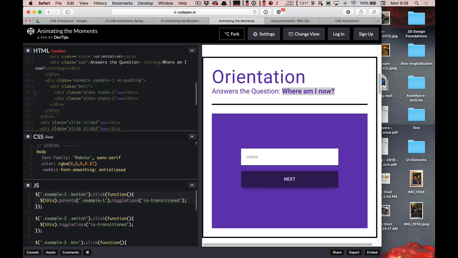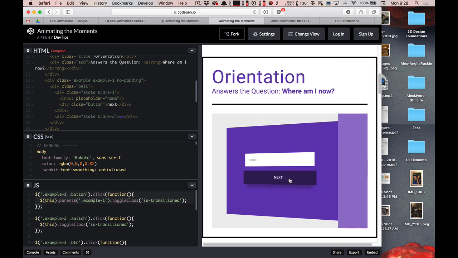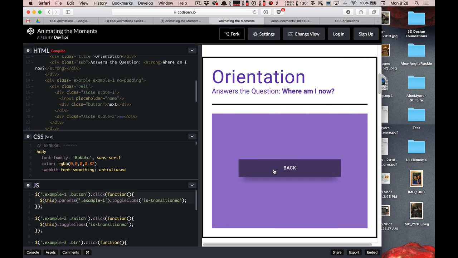Oh, that's why he calls it that, because it's two slides next to each other and you're just transitioning, hiding one. So what he's doing with that animation, when you click on next here, that sliding and moving, what's probably happening, and I haven't looked at how he's made his animation yet, is that he draws the two slides next to each other, and then for this box he has overflow hidden. So that hides this back box. So essentially, it's like